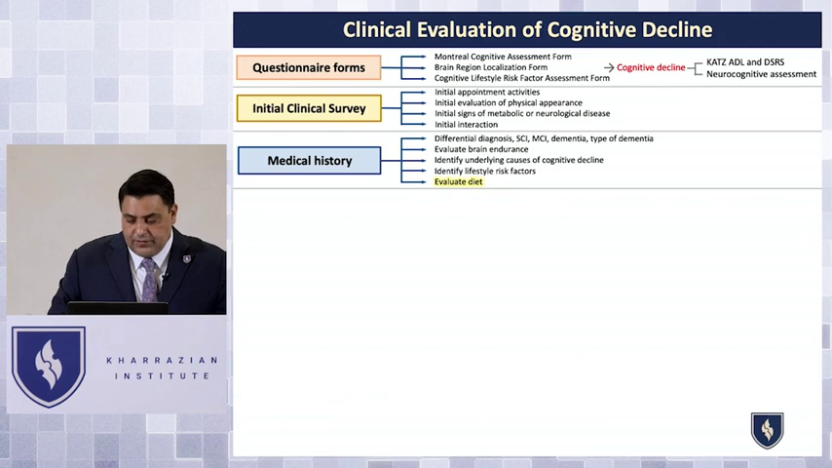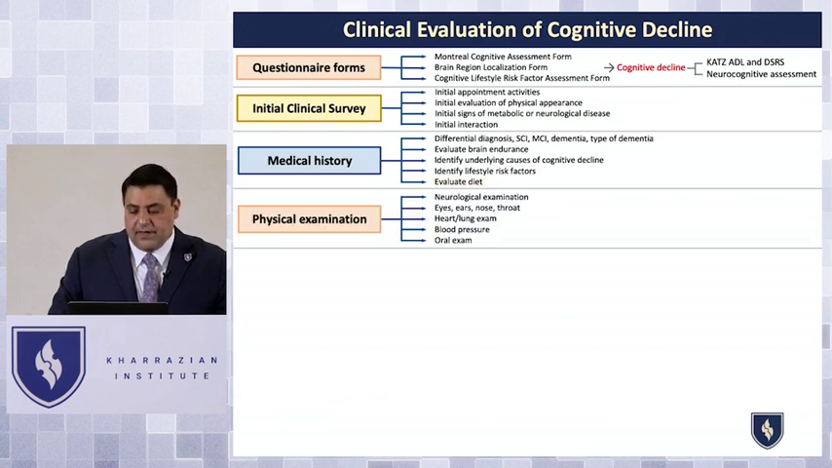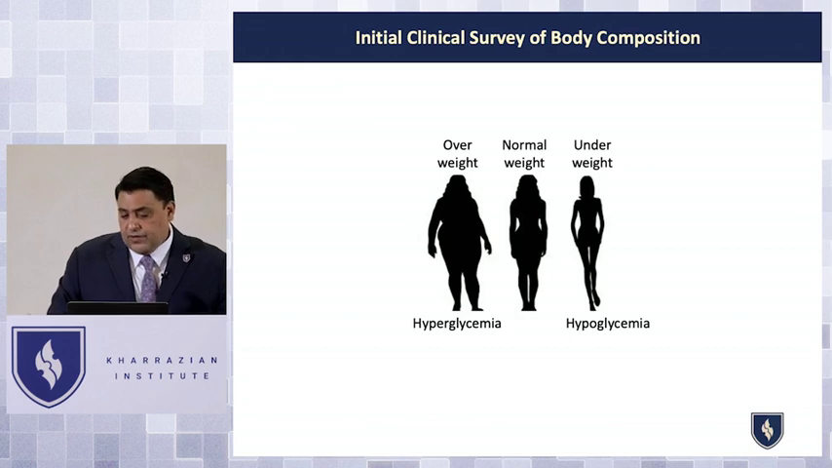So when you're done with your medical history and you evaluate their diet and the risk assessment form, then you get into the physical exam. Now with the physical exam, the first thing you do as part of your initial survey is look at their body composition. Are they overweight? Are they underweight? Are they normal weight? Underweight is definitely a concern if they have early dementia, because that's a very poor sign for prognosis,